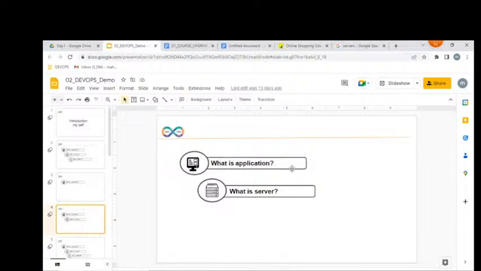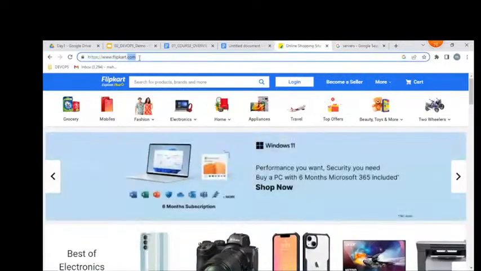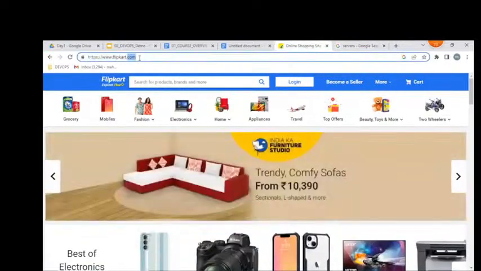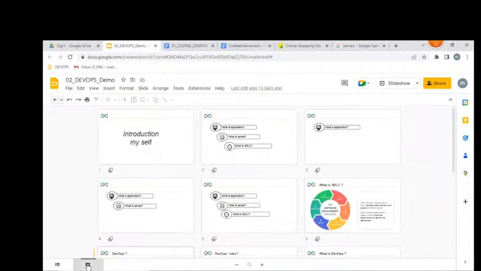What is an application? Application is equal to website. The website we place on servers. Once it is placed, we access it over the internet as a website. I hope you understand. And the third question is SDLC.